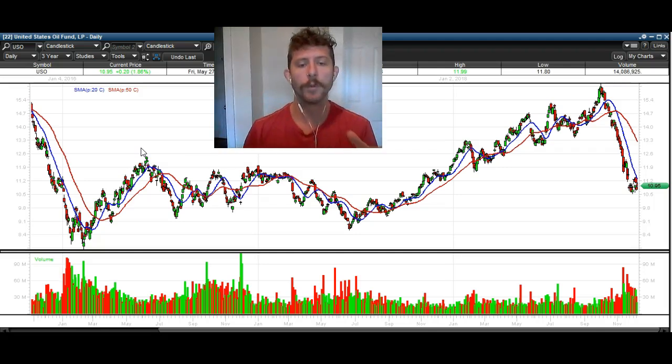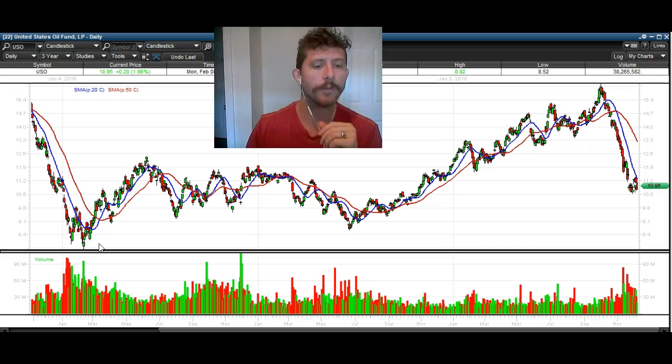So first and foremost, when you have high volume, that normally marks either tops or bottoms. When you have a lot of volume, a lot of people are trying to buy or get out. It typically marks tops or bottoms. For example, if you look over here, this was a major bottom that we had. Look at that uptick in volume. Notice how the volume really increased here at the lows. And notice how we bounced huge from there, and that marked a major low. We never went lower than that after that.